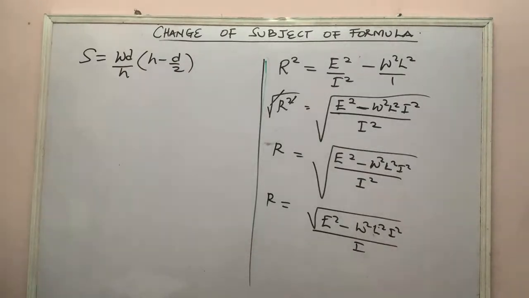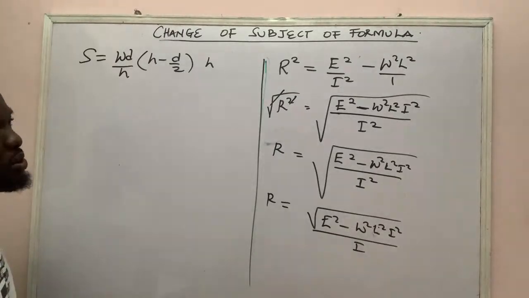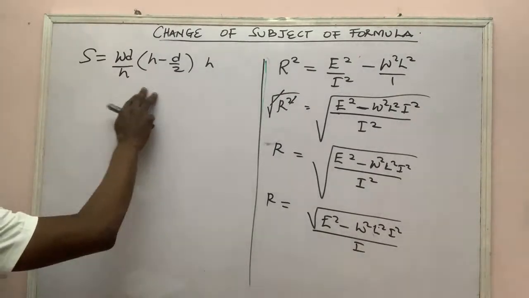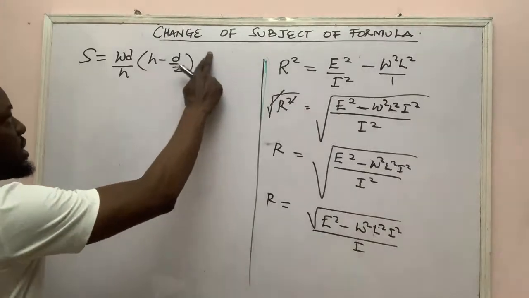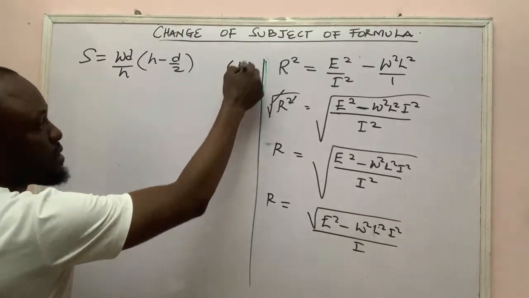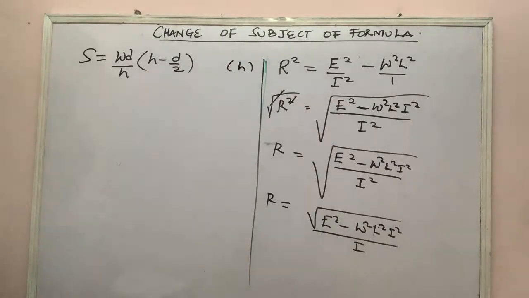Here, they want us to make H the subject of the formula. All right? Now, if you want to make H the subject of the formula, you want to make H the subject. So what we need to do here is